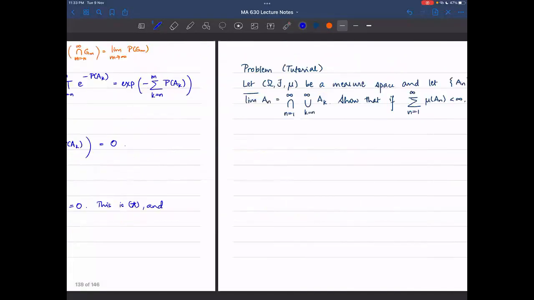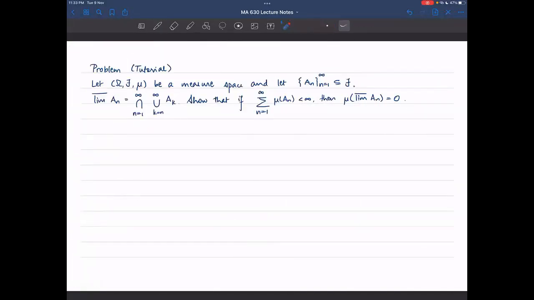Now, the next thing I want to mention is I want to make this a tutorial problem. Whether or not it's written up in a tutorial, I'm expecting that you will do this as a tutorial problem. So here is a tutorial problem. Instead of a probability space, I will take a measure space. Remember, every probability space is a special case of a measure space, but not the other way around. So suppose (Omega, F, mu) is a measure space, and suppose I have A_n, n going from 1 to infinity, a subset of F. In other words, I have a sequence of measurable sets.